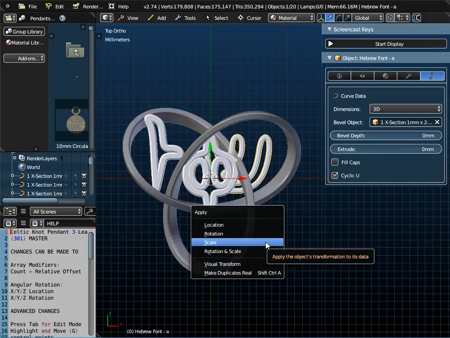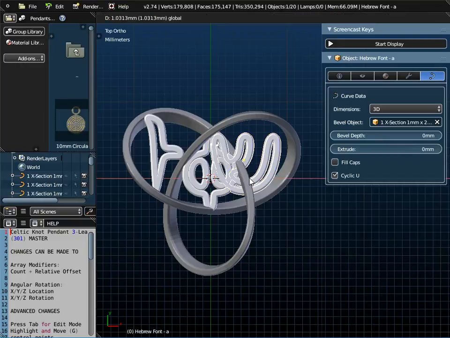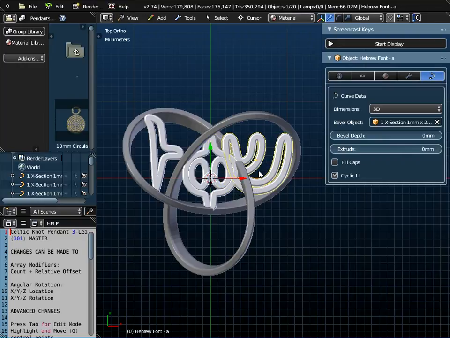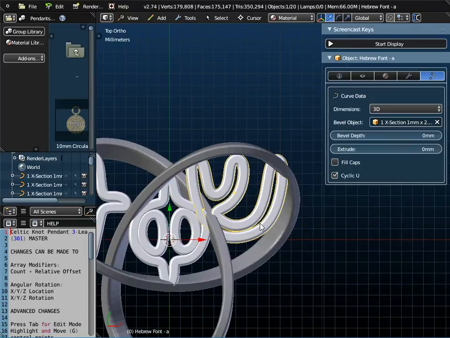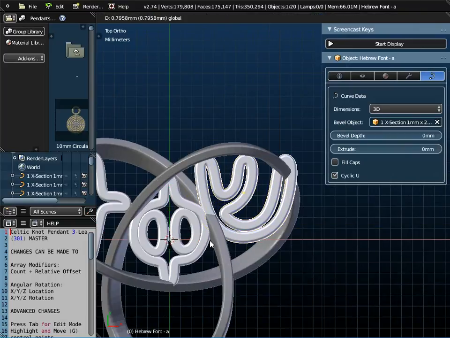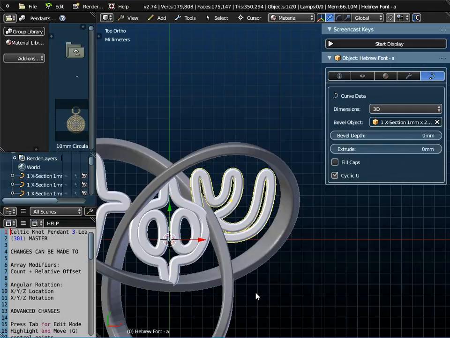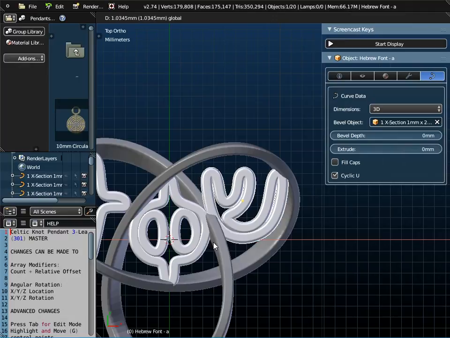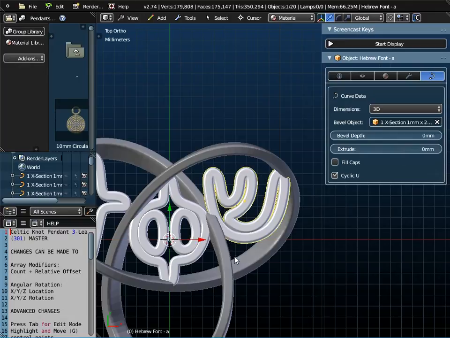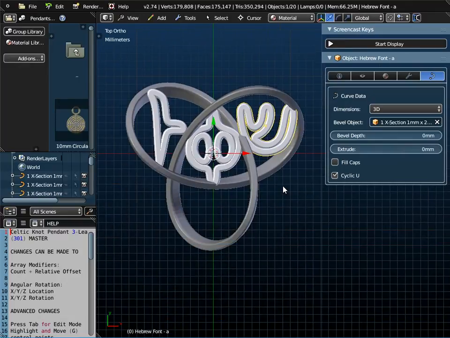Remember to do Control A and apply the scale, and you notice the thickness apply. If you don't do that, you will have problems when you're 3D printing in terms of what size this object is. Now I want to scale that down a little bit more, I think. Control A and apply the scale, and just position it so that it's in that leaf of the Celtic knot